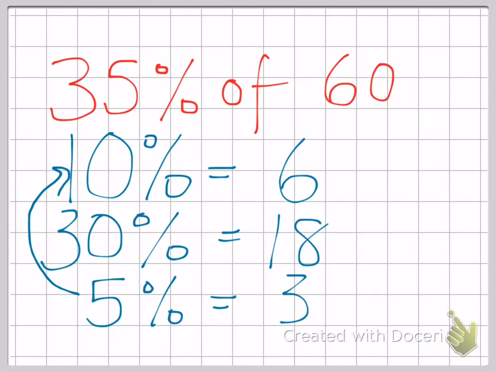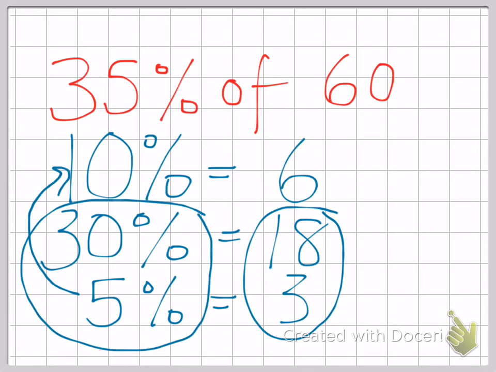Now be careful what you're adding up here, because if you add all of these three amounts, you'll end up with 45%, not 35%. So these are the two percentages you need to combine, so these are the two numbers you need to combine, which will give you 21 altogether. There's your answer. Now this method can be used for 45%, 55%, 65%, all the way up to 95%, which